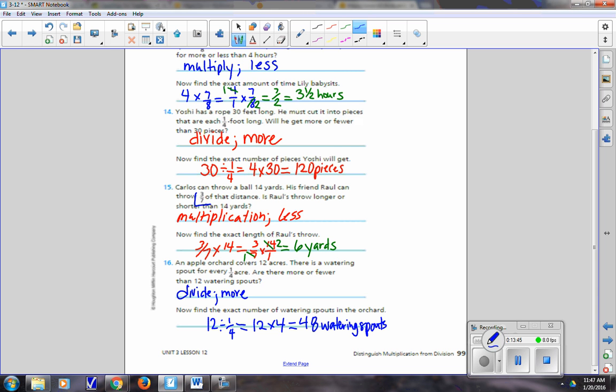Now, what we did here, the divide more or less, that's generalizing. That's knowing your numbers, and that's making a guess based upon what you know about how these word problems are set up. So you have from now until the end of math lunchtime to tackle